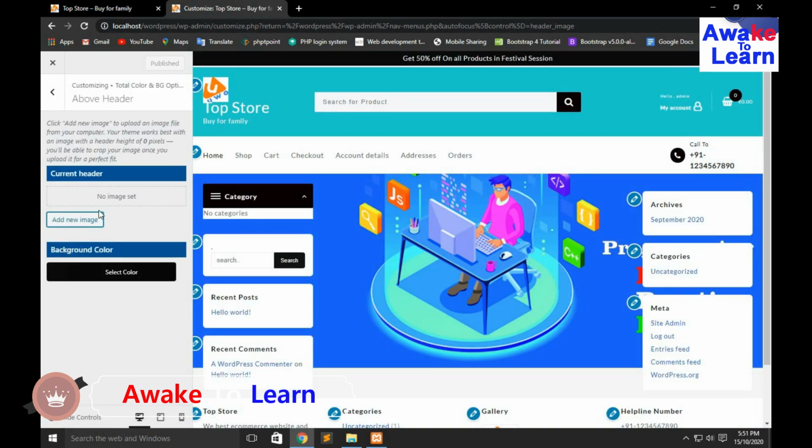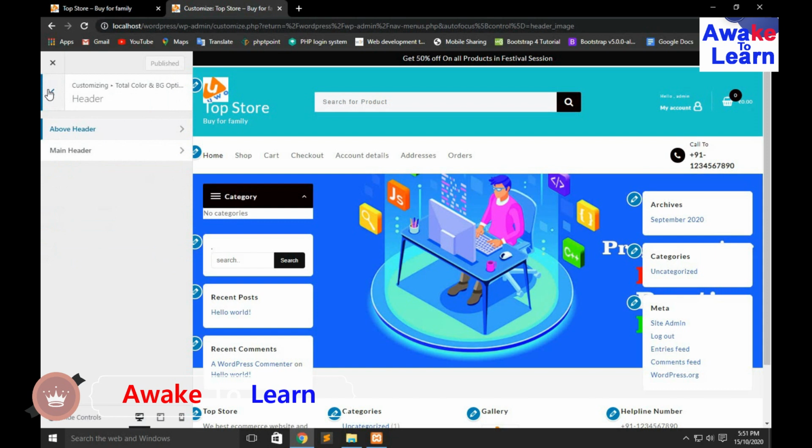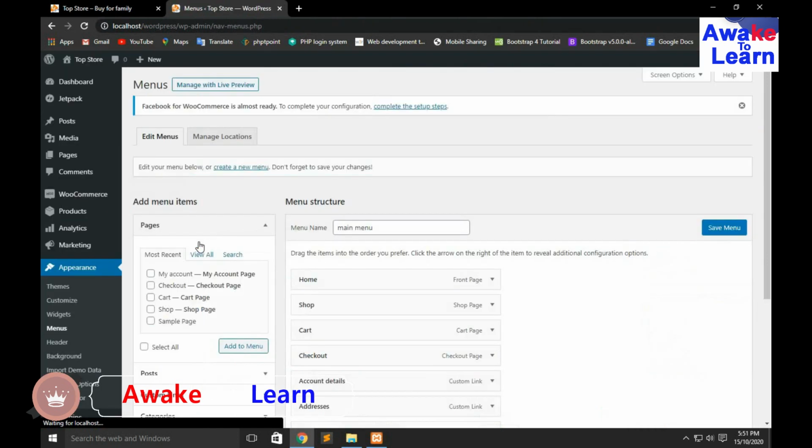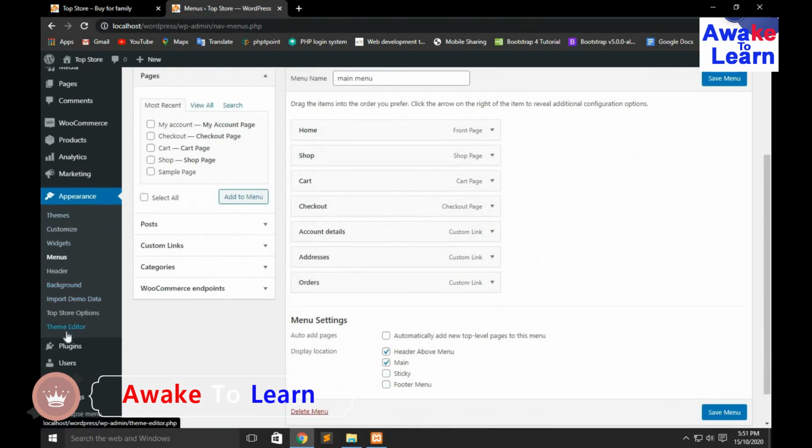This is the header section at the top. Another important one is the theme editor. From here we can code the WordPress theme.